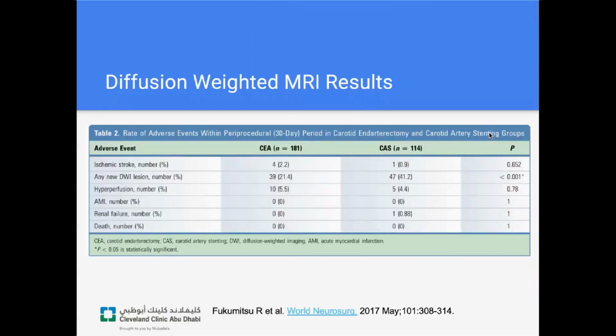The funny thing is, strokes require fairly specific areas of the brain to be hit, to be manifest on the physical examination. Oftentimes, you may have a normal physical examination and therefore think you're clear of stroke. But in fact, when you look at everybody with a carotid intervention, whether it's operation or stenting with diffusion weighted MRI, it turns out that there's strokes associated with both carotid endarterectomy and angioplasty and stenting.